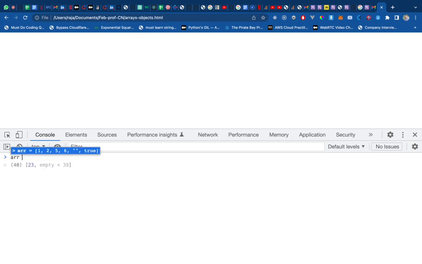Let me define this array again. I will say 3, 5, 6. Yeah, we can do this also. We can have multiple values over here and 0 finally. So this is perfectly fine. Either you go with the push pop approach, or the index approach, or this is the third way to have your array structured. All right. Coming back to the point,